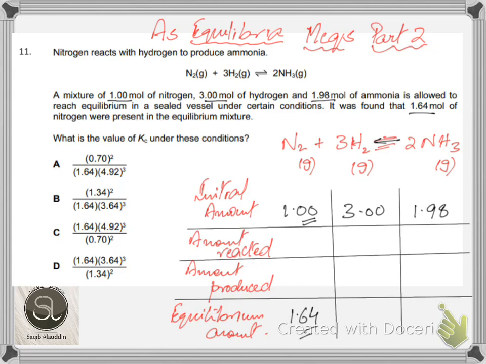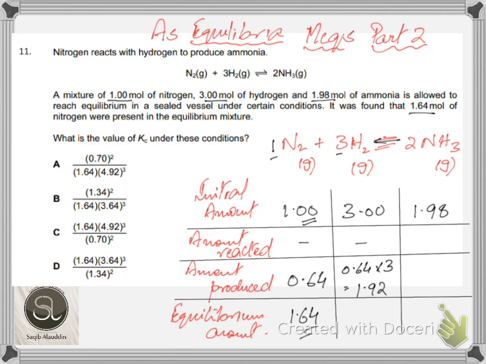So see guys, what can we conclude? If initially you had 1 mole of nitrogen and at equilibrium you have 1.64, which means 0.64 moles of nitrogen were produced in this reaction. Of course, then only you can have an increase. And since the ratio of nitrogen and hydrogen is 1:3, you multiply 0.64 by 3, and you would also expect 1.92 moles of hydrogen being produced. So in this case, the reactants are not reacting. Actually, they are being produced because the equilibrium was actually shifted backwards.